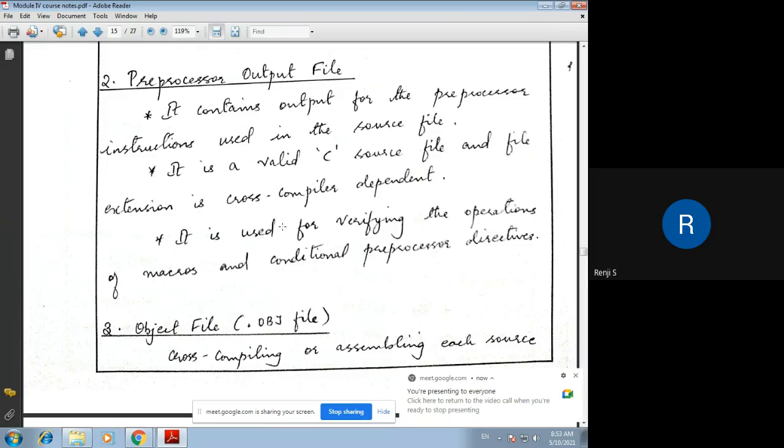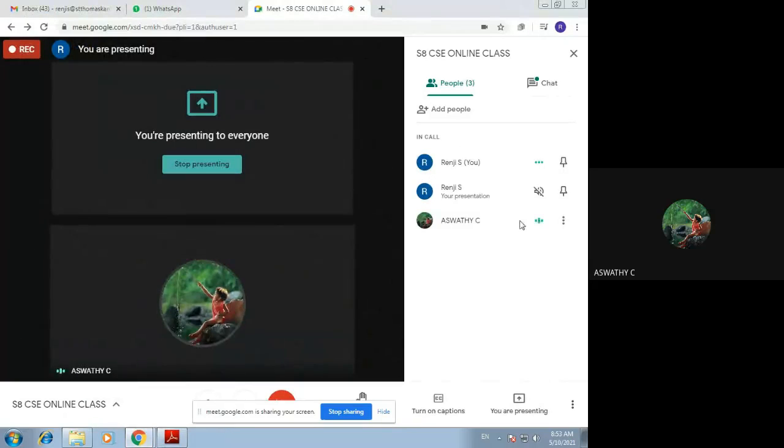Ashwati, can you see the screen? Miss, screen is black. Okay, okay.